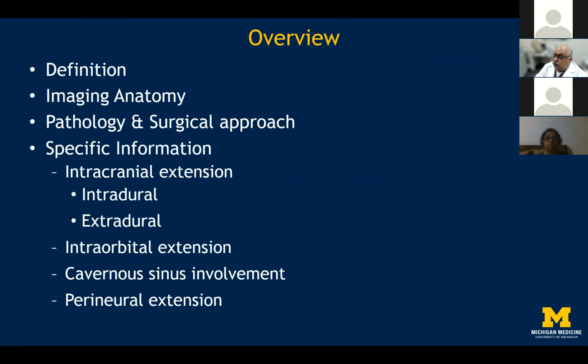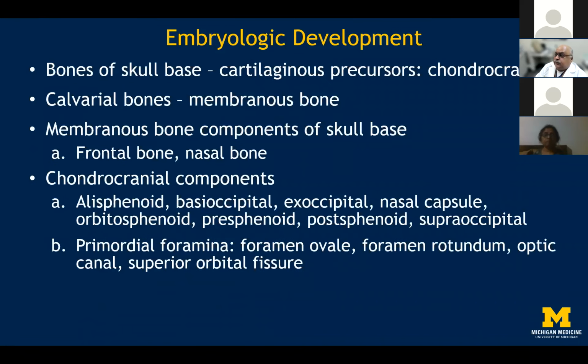So the overview of the presentation would be on the definition, on the anatomy, the pathologies, and any specific information regarding aspects of intracranial extension, intradural and extradural structural involvement, and also certain critical aspects of involvement of vital structures in the central skull base and perineural extensions. So just to briefly recapitulate, the skull base predominantly develops from the cartilaginous precursor of the chondrocranium, and